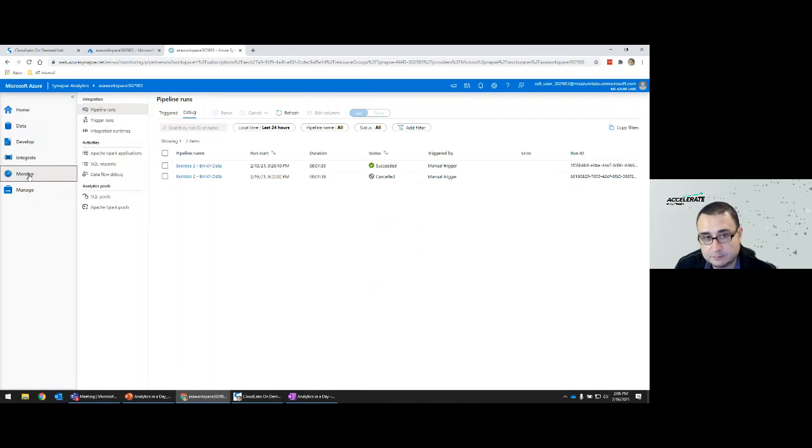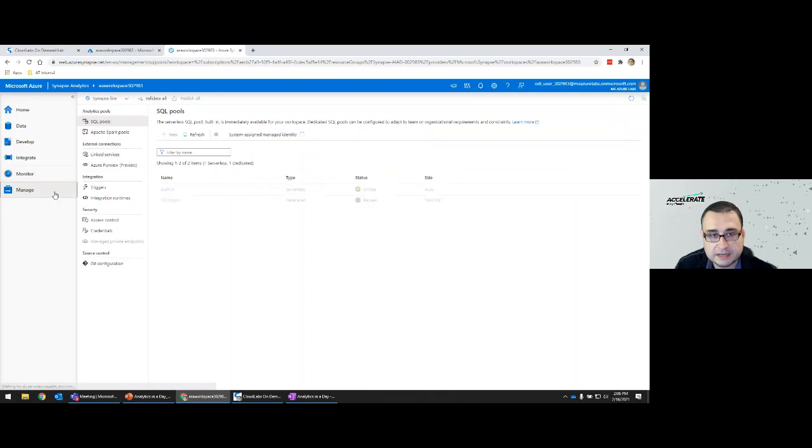You should also see a Monitor section, which you may or may not see anything in. I played with this environment last Friday and yesterday, so I see some executions here that I already ran yesterday, but you might see this empty. Monitor is where you monitor jobs and pipelines that you have run, and then Manage is where you do some configuration with your pools and some other